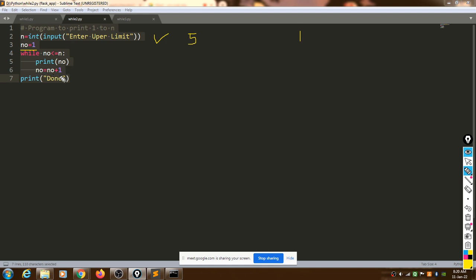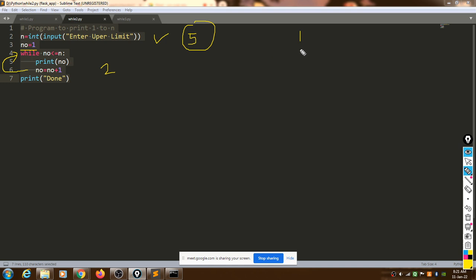Then again it will increment the value of no by 1. So no becomes 2 here. We are in the while loop, so control goes back to the while statement. We have no is equal to 2, n is equal to 5. So it will check the conditional expression 2 less than or equal to 5. Yes, this is true.